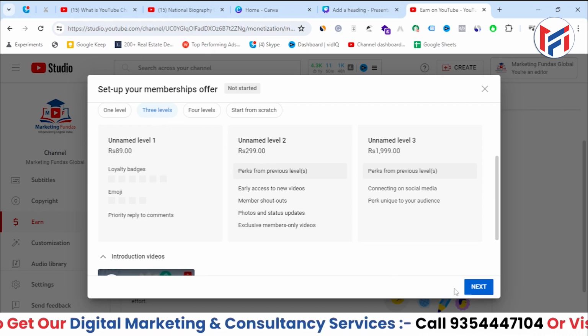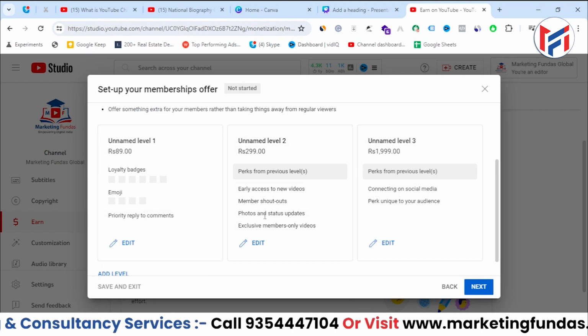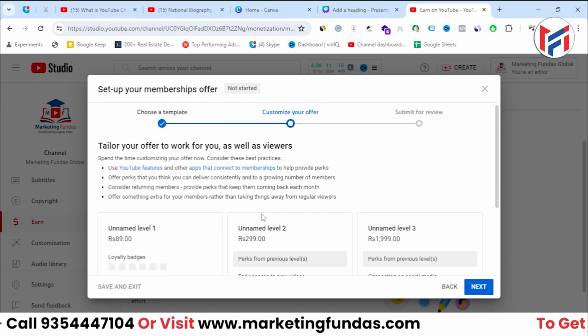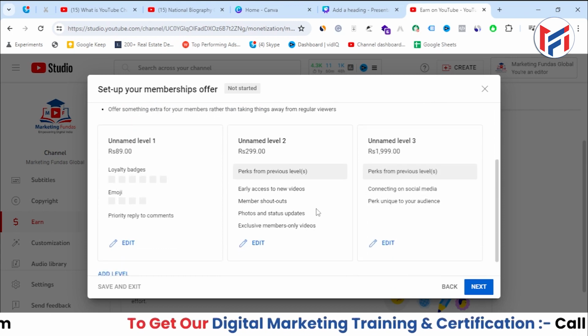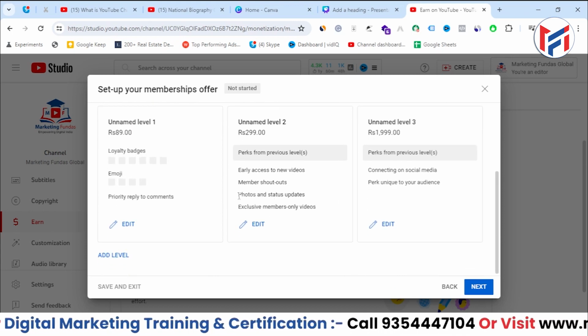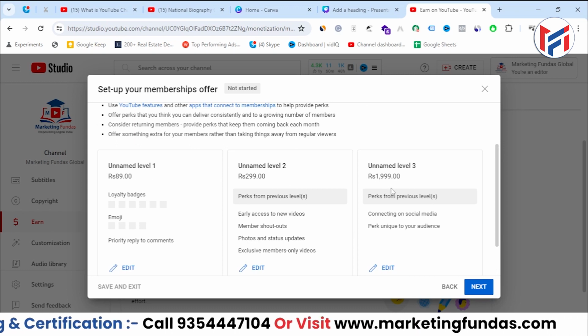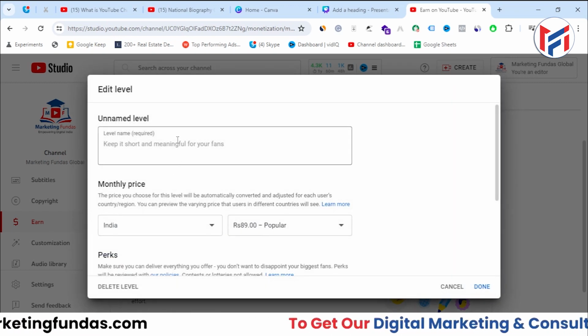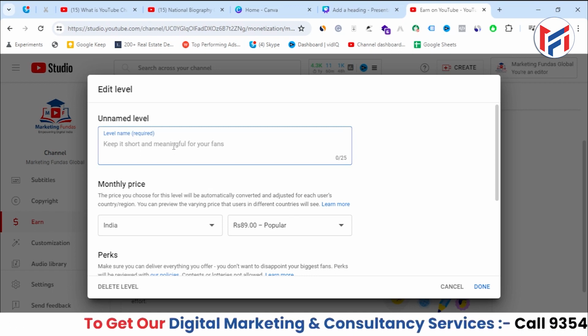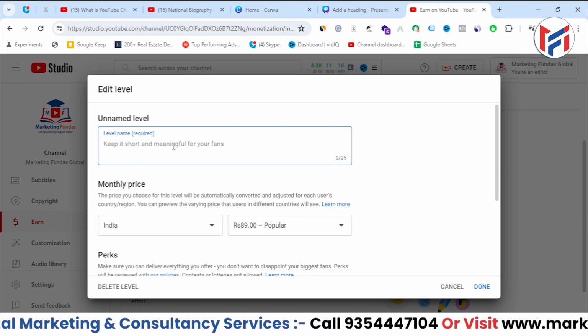So I'll go with 3 levels, and when I hit the next button, I'll be able to edit these 3 levels. So that was the template totally, right? Now I have the option to edit all these 3 levels. What I can do is click on this edit button. Here I can name this level. Let's say I want to name this level bronze,